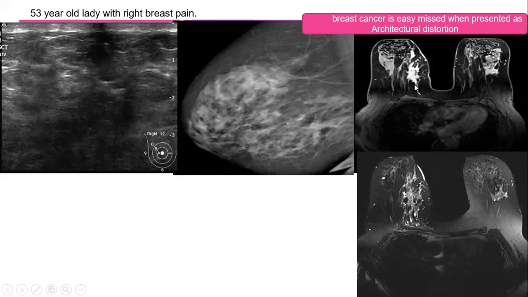Look at the corresponding clumped segmental enhancement. Findings are suspicious, and it was extensive DCIS with